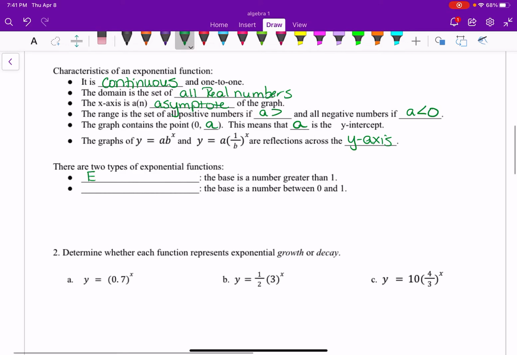Exponential growth is when your base is greater than 1. So if your base is greater than 1, you have growth. If you have exponential decay, it's if your base is between 0 and 1. So think about this. If your base is a fraction or a decimal,